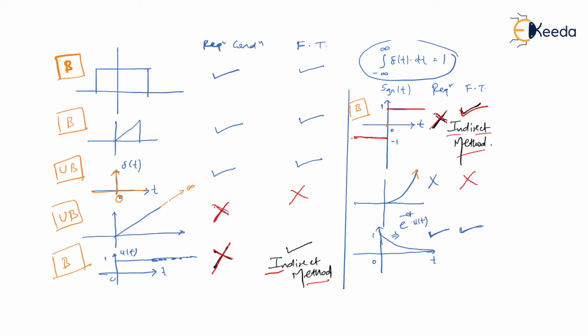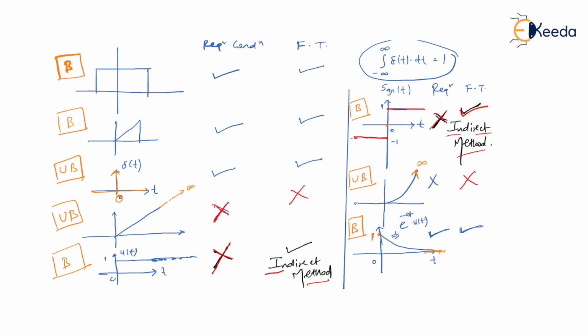Now, this signal which I have drawn over here is in fact known as a parabolic signal. This is unbounded, because it is approaching infinity. And what about this signal? Is it bounded or unbounded? As you can see, it started from 1. The maximum amplitude in this signal is 1, and the minimum amplitude is where it reaches 0. Then of course this is also bounded.